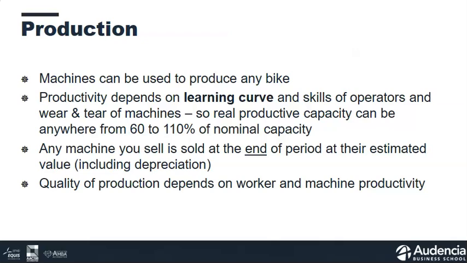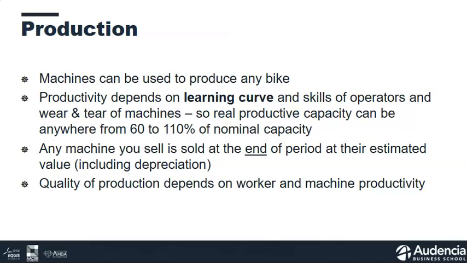So productive capacity can be anywhere from 16 to 110% of nominal capacity when everything is just normal. If you are not training your people well, and if the machines are not being maintained well, their productive capacity will decrease. And it can be actually much better than expected if people are paid well, trained well, and you've